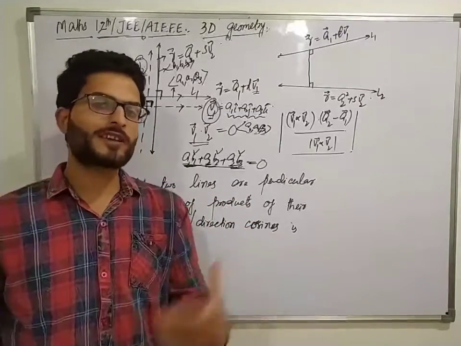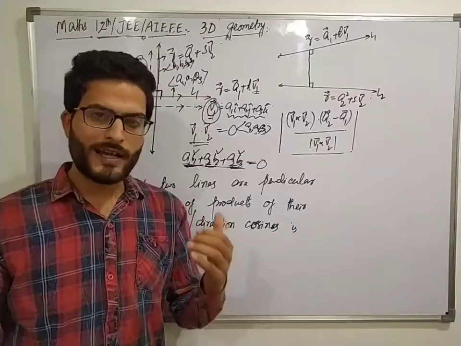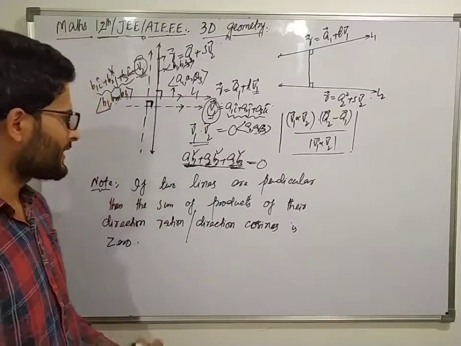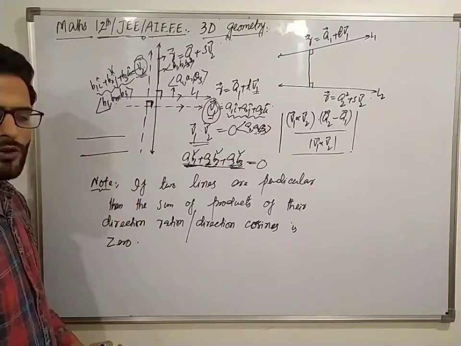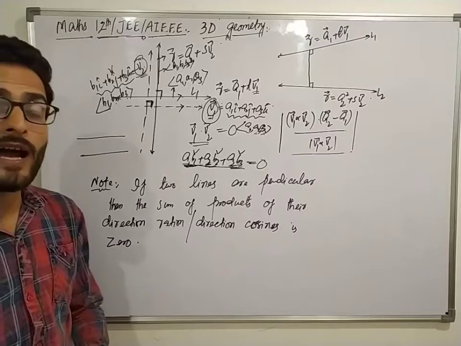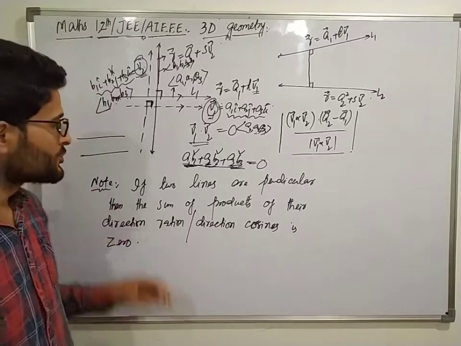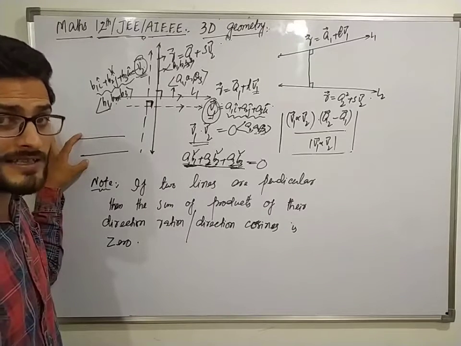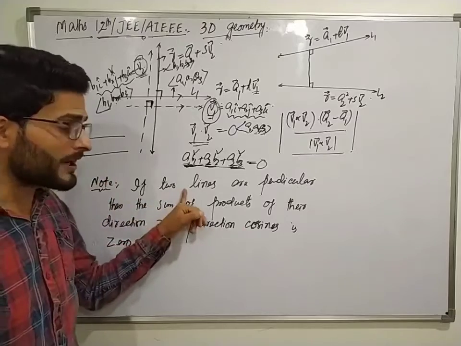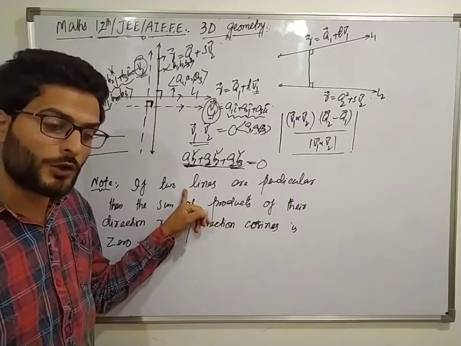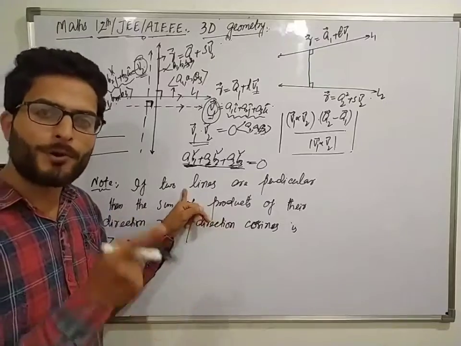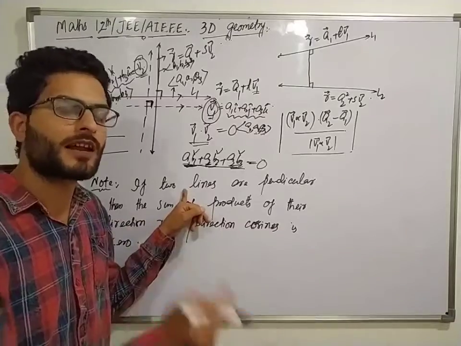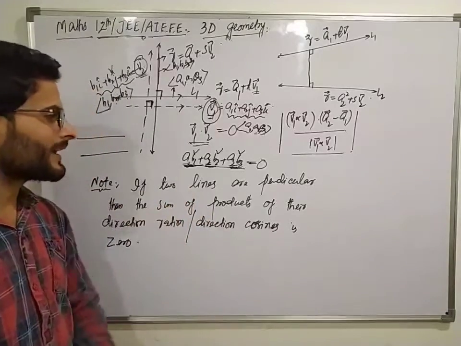सो जिगरा अगर दो लाइन्स आपस में परपेंडिकुलर है, फिर इनके कॉरेस्पॉन्डिंग डायरेक्शन रेशियोज का सम ऑफ प्रोडक्ट कर दो या डायरेक्शन कोसाइनस का सम ऑफ प्रोडक्ट कर दो, तो वो हमेशा 0 के बराबर आएगा। और अगर दो लाइन्स आपस में पैरेलल हैं तो ऑब्वियसली डायरेक्शन रेशियोज ऑफ द लाइन्स वुड बी आइदर सेम or proportional. So parallel lines have either same or proportional direction ratios and same direction cosines, while as perpendicular lines में ऐसा possible नहीं है। Perpendicular lines में क्या होता है कि the sum of products of their direction ratios is 0 as well as the sum of products of their direction cosines is 0।